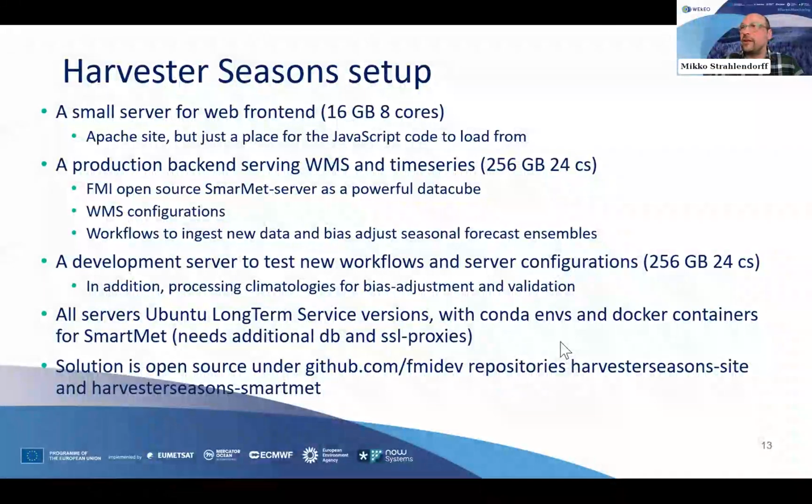And then another development server is the one where we always test and work on new workflows, and where we can also process stuff. These are all Ubuntu long-term service virtual servers in a way, where we use Conda environments and Docker containers to run this stuff. I think what's interesting maybe for the audience, so on